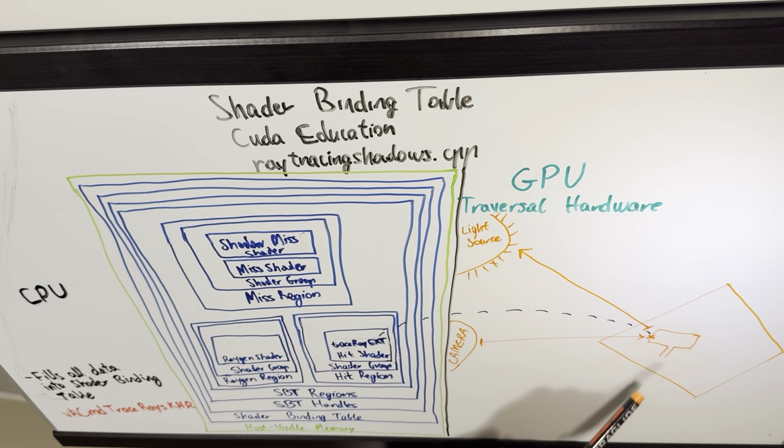Now, we do a shadow test ray, and we see that there's no obstruction between the object and the light source. So because there is no obstruction, what gets activated is